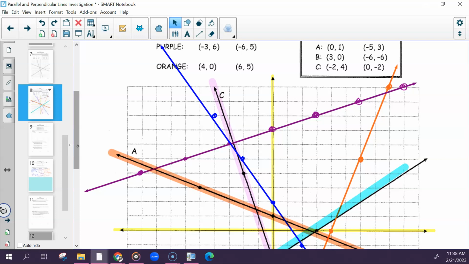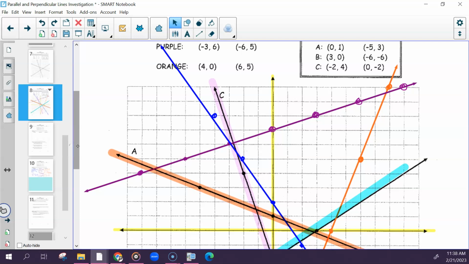Yes, they do intersect, but it's not just that, because if they intersect at all, those would just be intersecting lines. They have to be intersecting at a specific place. Intersecting so that they make a T, not really an X, because that would just be intersecting, but more like a T. So like the blue line